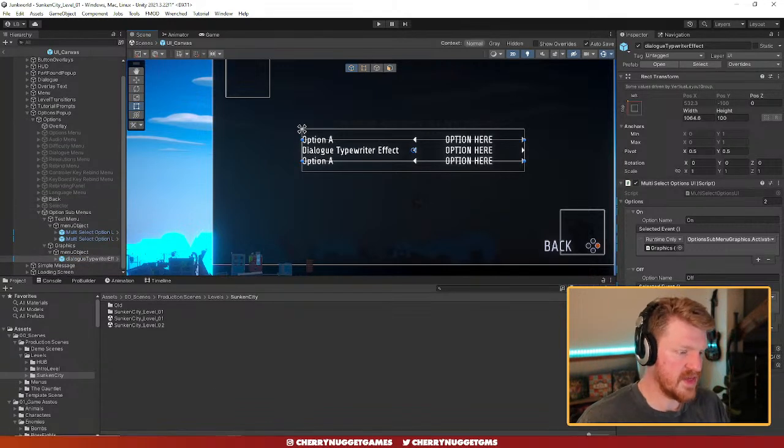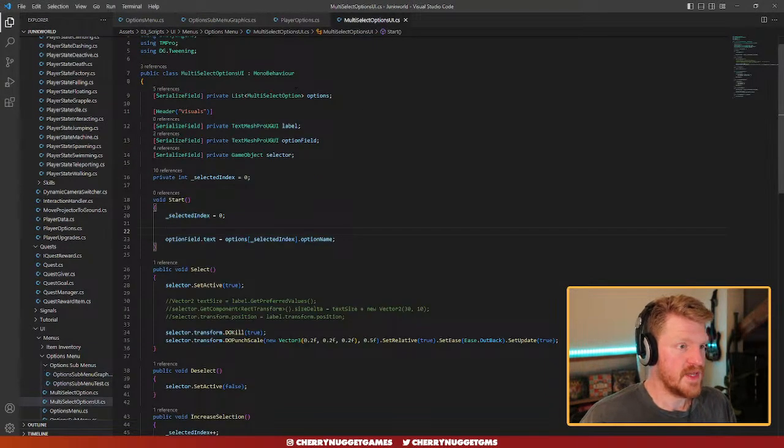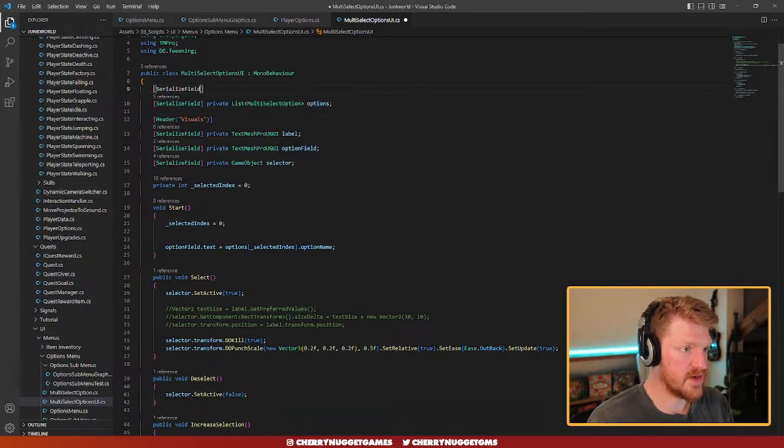So what I think I want to do is give this multi-select option, because the way player prefs work, it's basically a string. So if I give this one